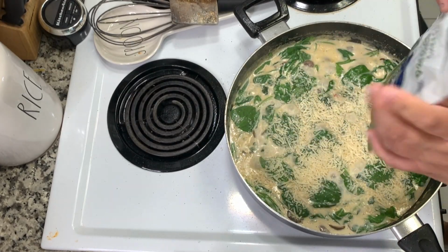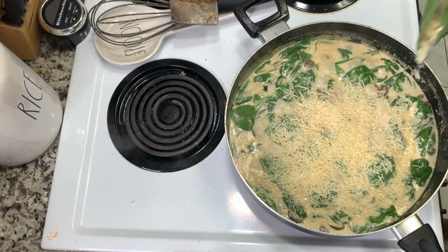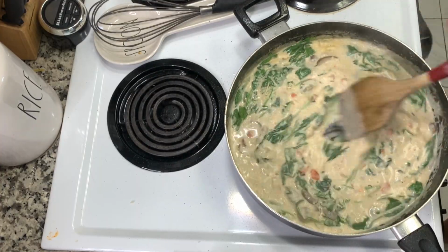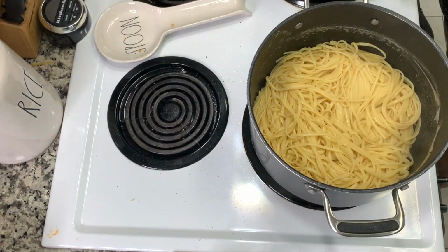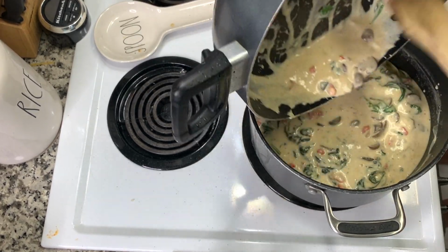I believe it really added extra veggies and there was nothing wrong with that. And then I'm adding in about 1/2 cup or so of Parmesan cheese, not really measuring, just had some bagged Parmesan cheese that I needed to use up, and I'm just going to go ahead and stir that all together. And now I'm just going to go ahead and pour that sauce over my 1 pound of cooked and